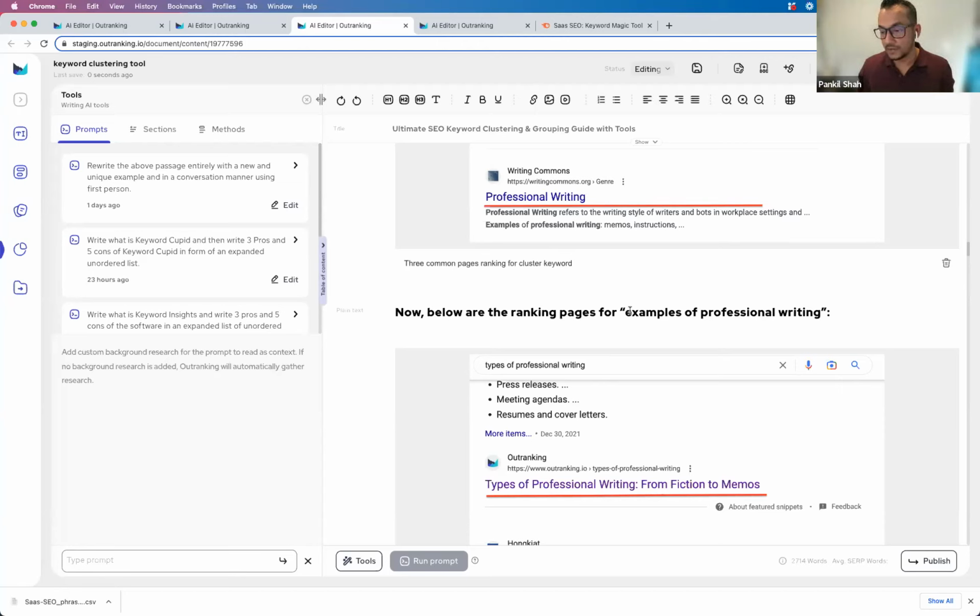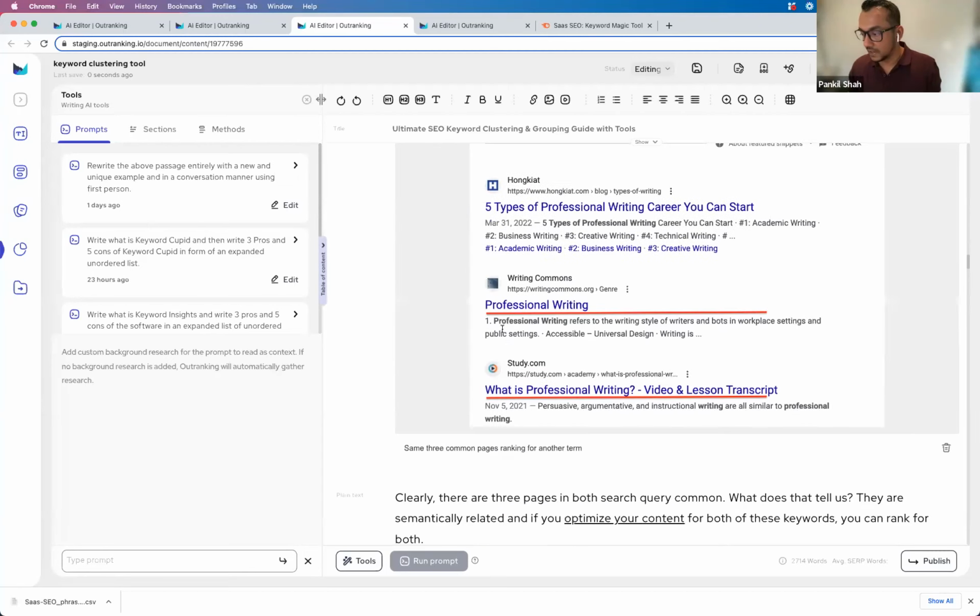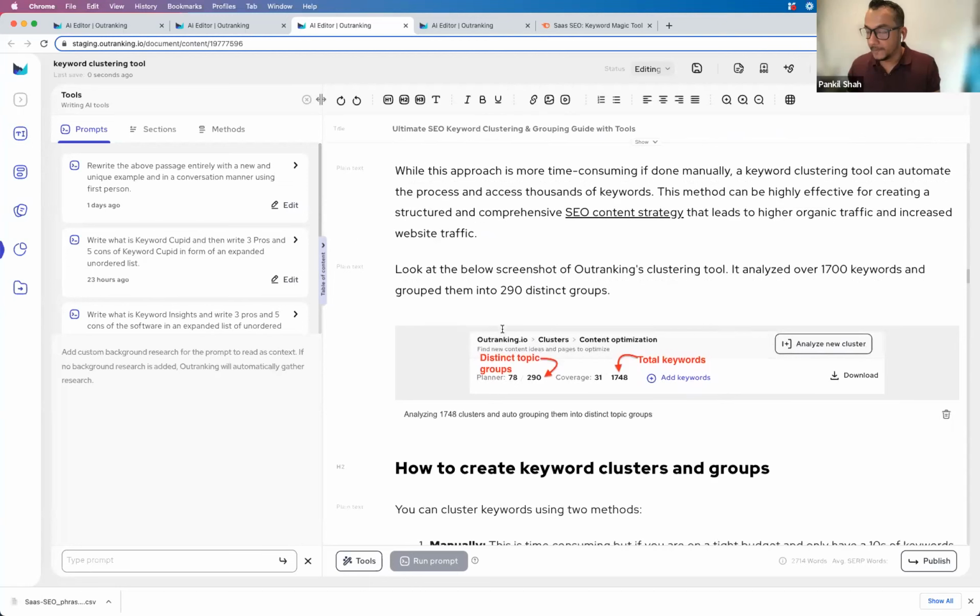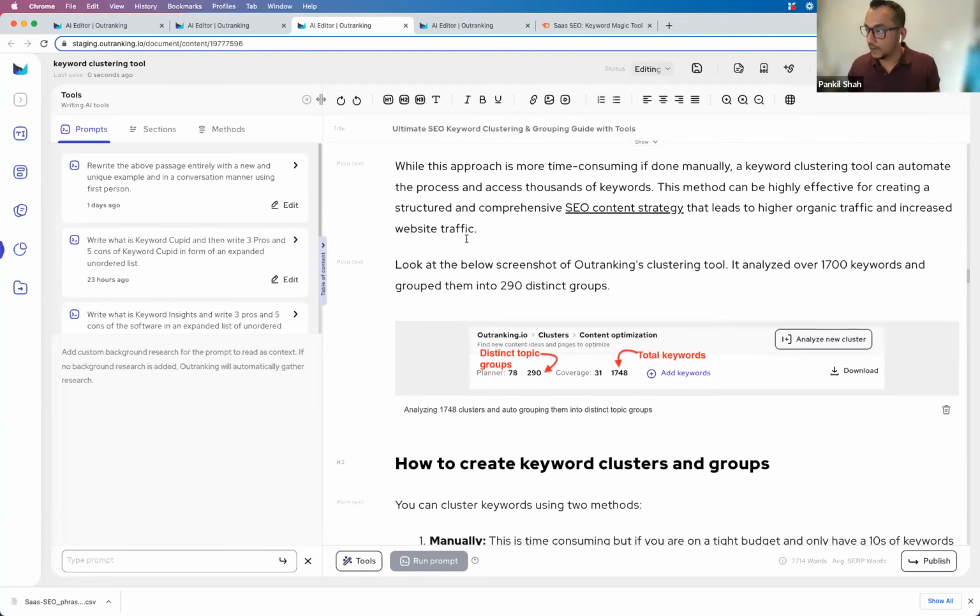That gives you an upper hand in getting a very good quality draft if you spend a few minutes refining the prompt before generating the draft. But either way, it does a phenomenal job in both cases. And by phenomenal, I mean it's going to get you 60-70% of the way. You still have to do the remaining part. But that's about it. Yep, so those were some of the updates.